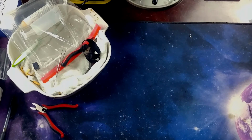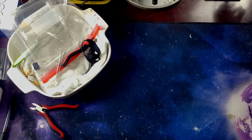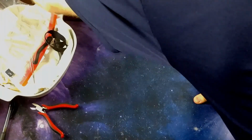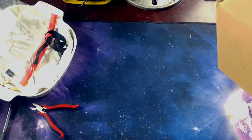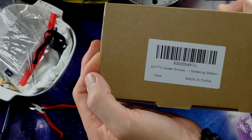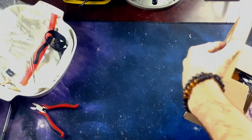Just gonna get this iron set up. All right, and I actually got this guy too. I'm a big fan of ordering brown boxes off the internet. And it is a Kato solder smoke ellipses soldering station. So what that actually is